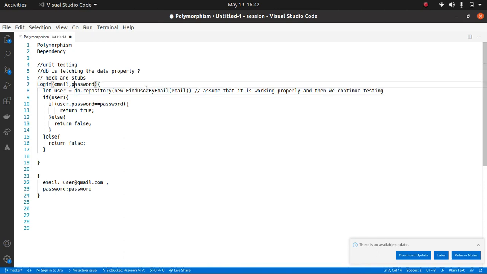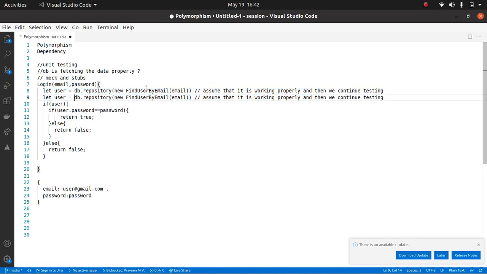Say for example, instead of DB you're calling a API, let's say user API, you're doing all this coding using microservices. Let us say instead of this you're calling user and you're calling user API, this is a microservice API, get user whose email is this one, whatever the email is, right? Let us say we want to do this. Still you can mimic it.